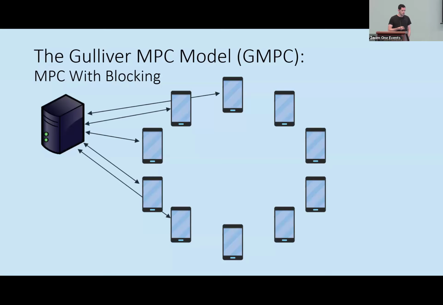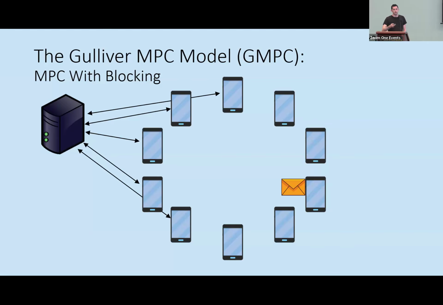So just like before, every user and the server can interact with each other. However, unlike before, every user can send a message to any other user. So if user I wants to send a message to user J, I don't care how he got connected to it, he can do it.